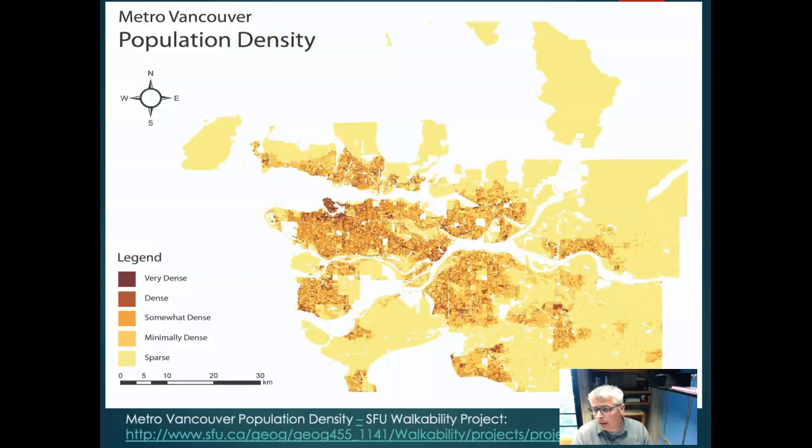For Vancouver, we've got another map that, instead of numerical values, just goes from very dense to sparse. Again, this one's nice because it has a lot of cutaways for areas that aren't being developed, but also are not able to be developed. You can see these dark areas down here in Vancouver, some along the edges here, and then just this real growing of these neighborhoods a bit further away from the city proper. Due to the expense of living in Vancouver, it's driving a lot of commuter neighborhoods further out.